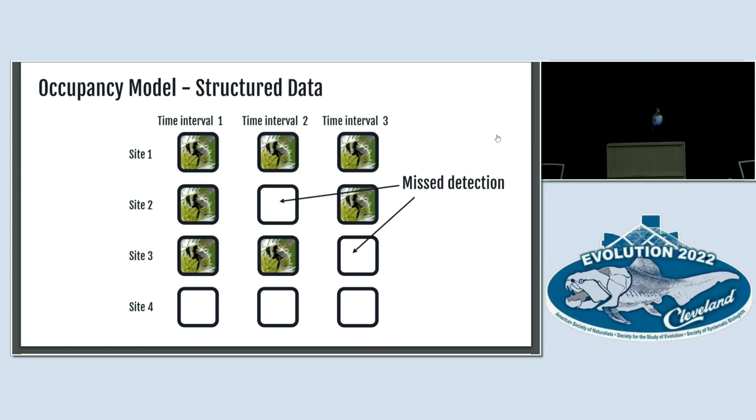When we're dealing with structured data, the first thing we do is record both the presences and the absences. We see that every time we visited site number 1, we observed our bee in every single time interval. When we visit sites 2 and 3, there are a couple of times we did not observe this bee, but we have a pretty good record of detecting it when we go there. So these 2 cases are probably missed detections. On the other hand, in this site, we never observed the bee, even though we went 3 times. But because we have a pretty good record of detecting species when we visit sites, this is probably